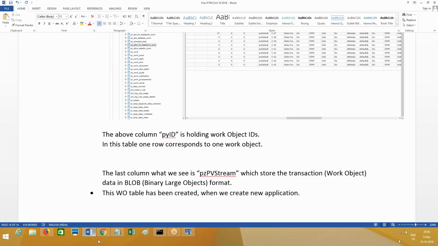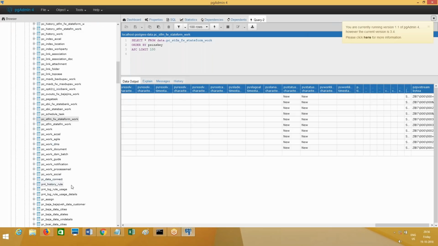There are a number of tables. This is not the only table which we have seen. Many tables and much table data are there. You remember when you were installing Pega, it showed the table is created, data is loading, 2350 rows, 3000 rows, 4000 rows, something like that. Every time it completes one table and loads the data. That we have to do separately.